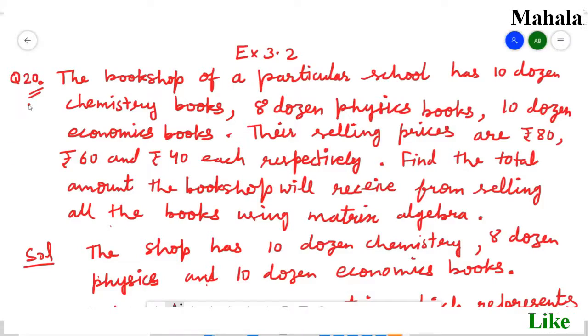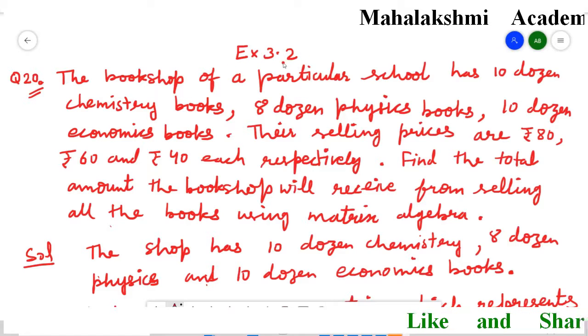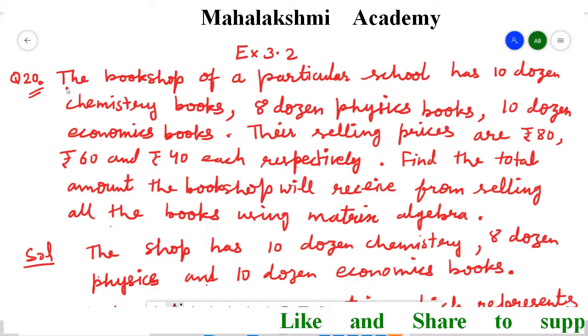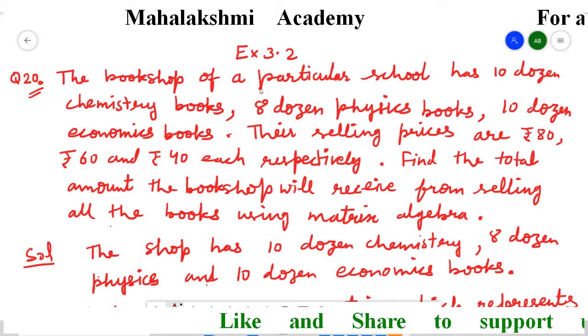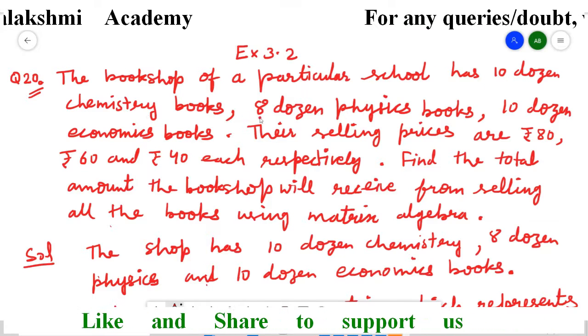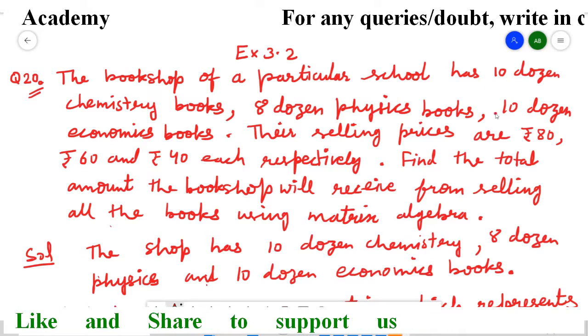Hello everyone, I am going to explain question number 20 from exercise 3.2, and this question belongs to 12th class maths. The question is: the bookshop of a particular school has 10 dozen chemistry books, 8 dozen physics books, 10